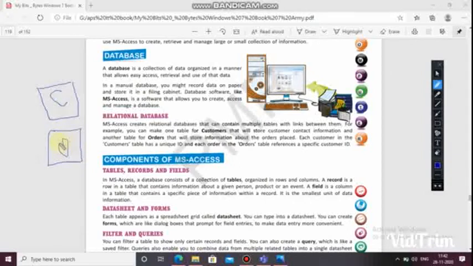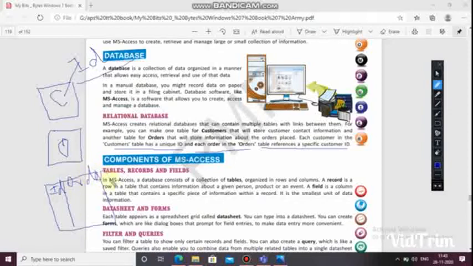Okay, so each customer in the customers table has a unique ID, like each student in a school has a unique ID for their attendance in the classes, and each order in the orders table references a specific customer ID. Means here if you have an orders table, then you have an ID here, customer ID, and then orders. How much is ordered, means quantity, is given over here.